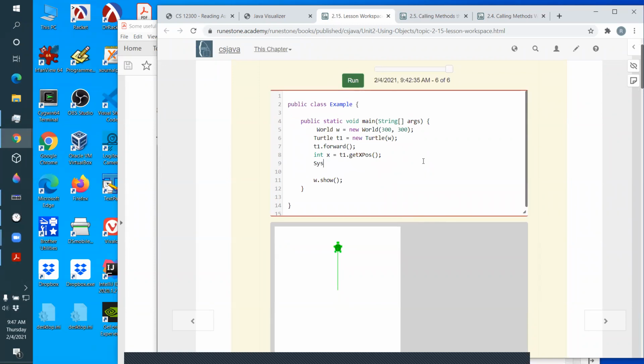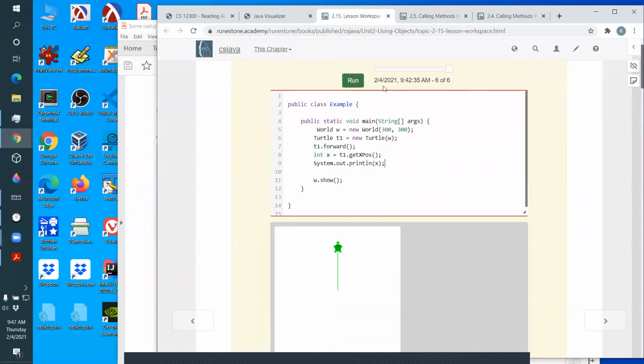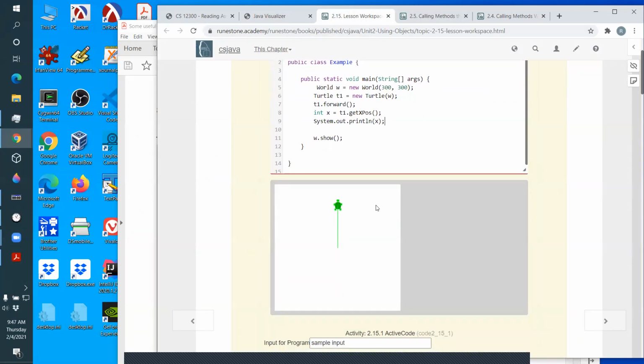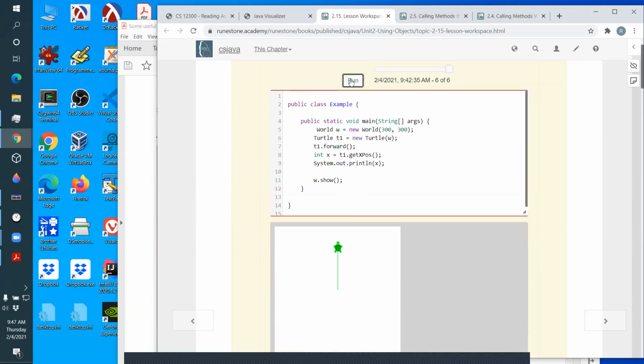I'll system dot out dot println X, so I can see what the answer is. Because over here we don't see the variables. We see what the turtle does, and we can print out things. So if I run this,